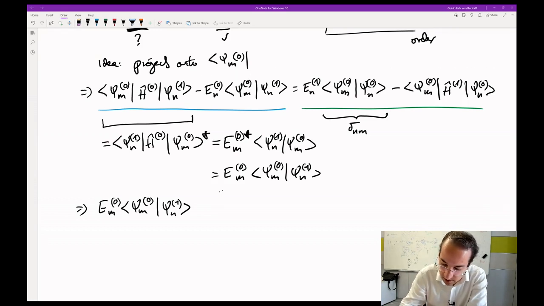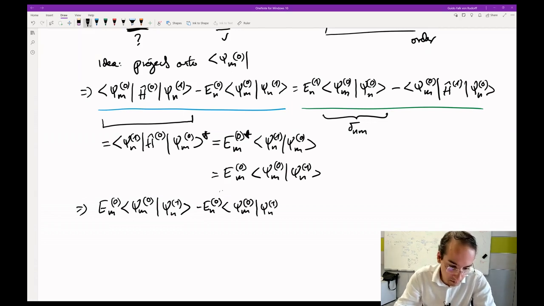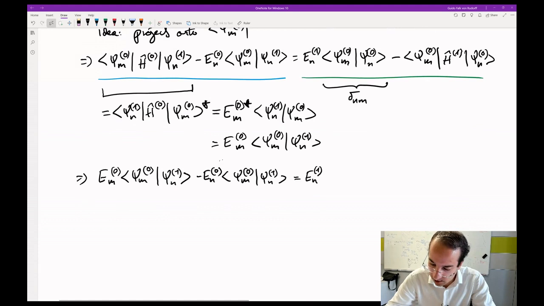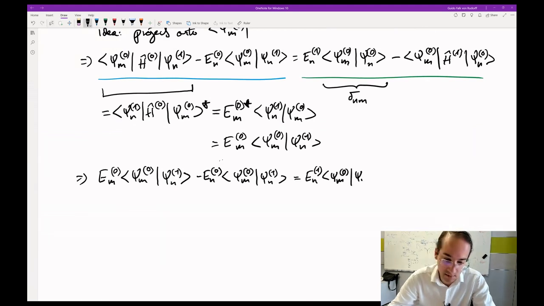So this would be minus En0 psi N psi N1. And then this is equal to psi M0 psi N0. Actually, I can just shorten this because we already know it's the Kronecker delta,